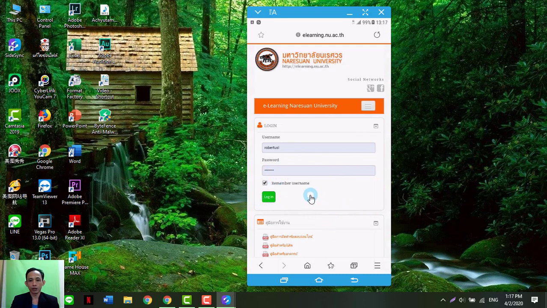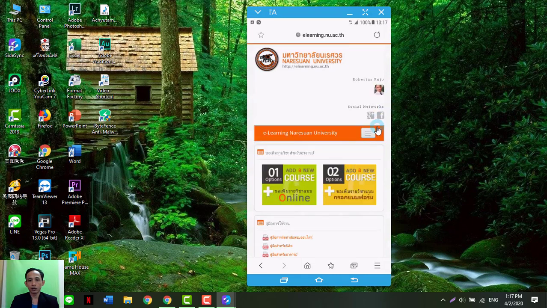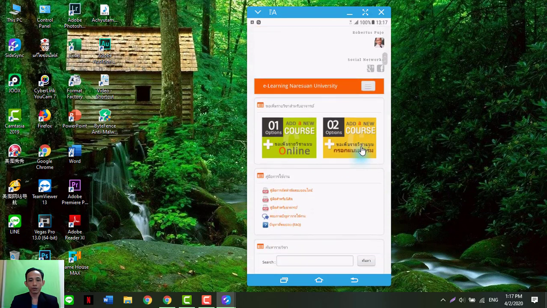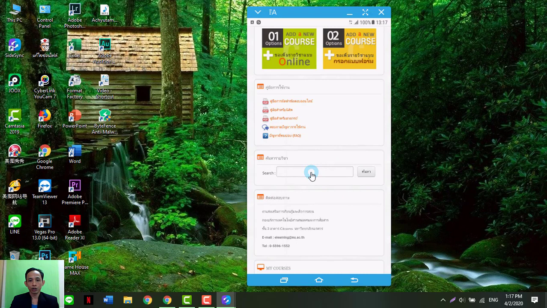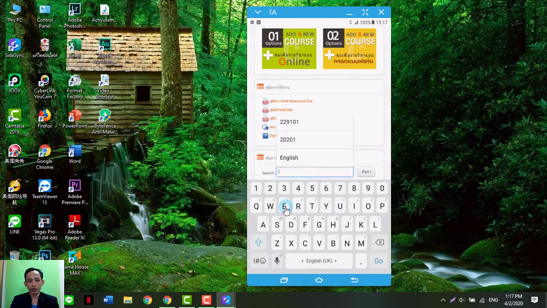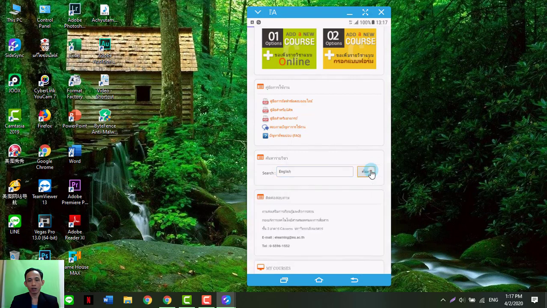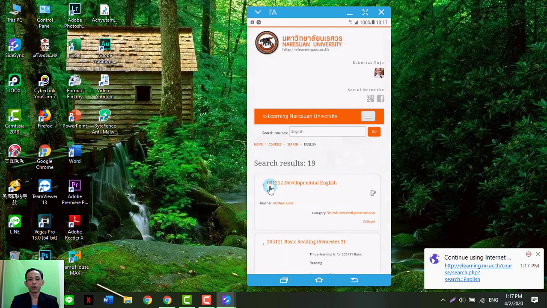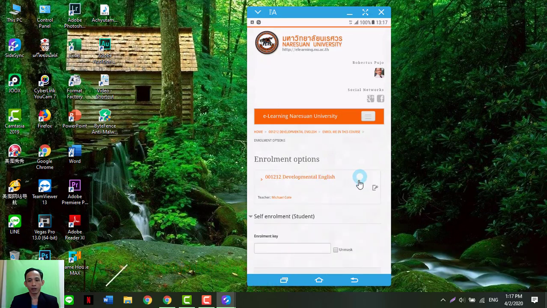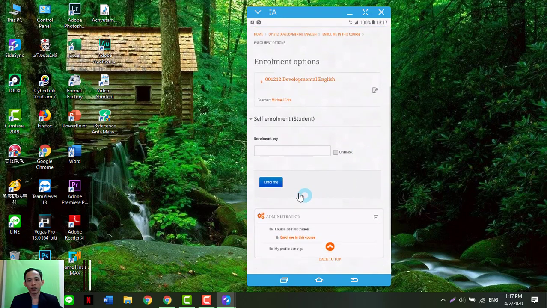They can log in, start with login, and then find the search, type English, and search, or the ID 001212 developmental English, and then click.